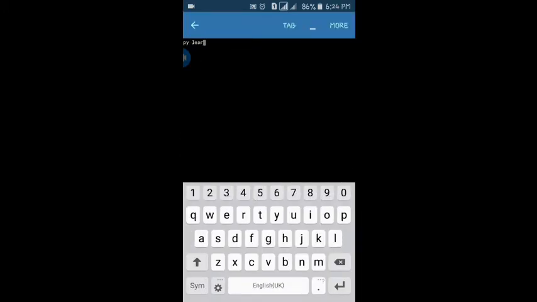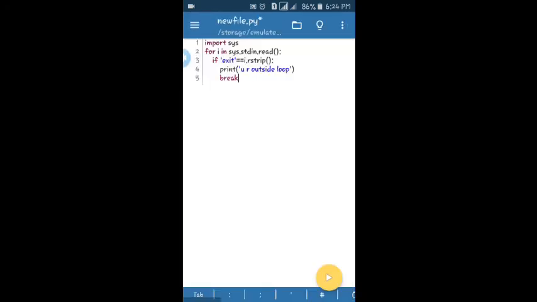You can see we are still inside that for loop, and then after that I will enter this video is about file handling. Now if I enter exit here, it was not working, so let me see the code once again.